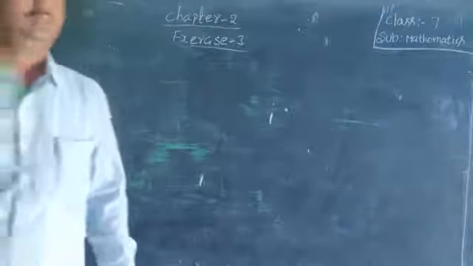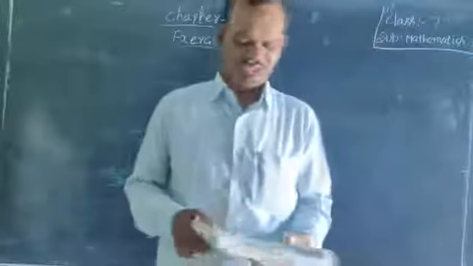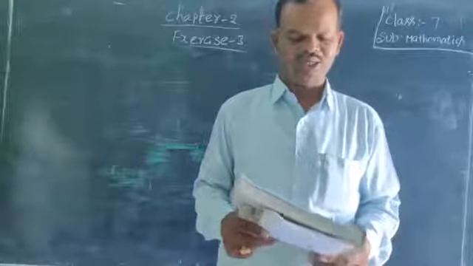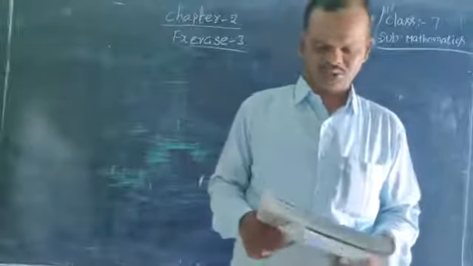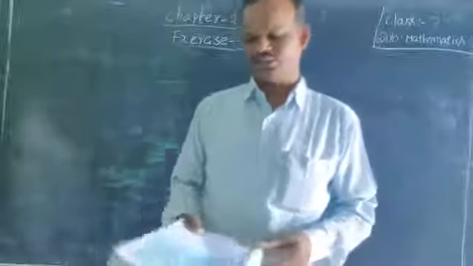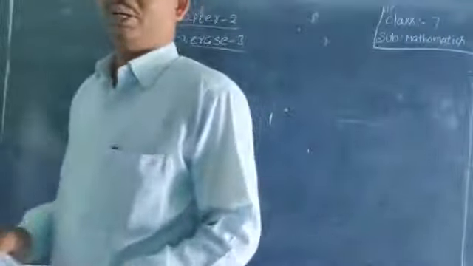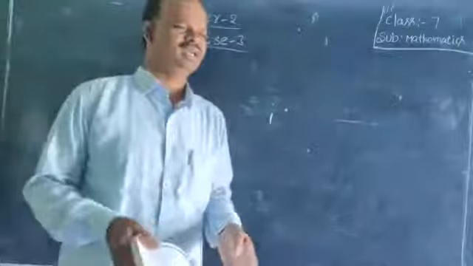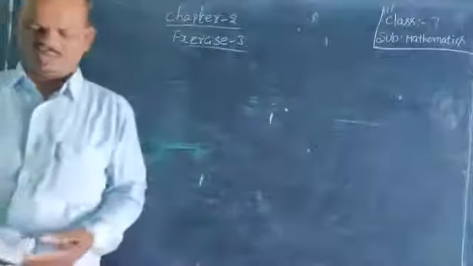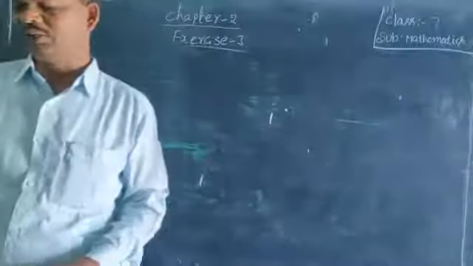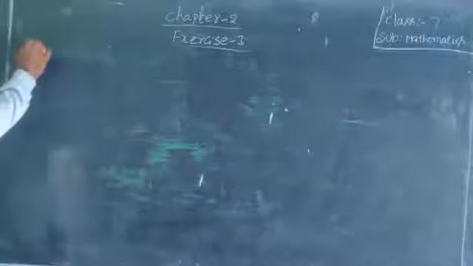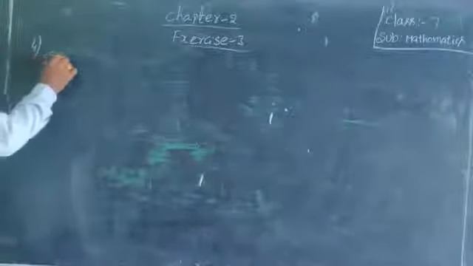See the question. Rihanna works 2.5 hours each day on her embroidery. Rihanna working daily 2.5 hours. She completed the work in 7 days. So she completed the total work in 7 days. So how many total hours has she taken to complete the work? Write the steps. Fourth one, solution.